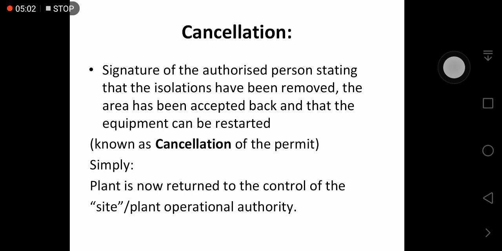The cancellation section states that the plant is now returned to the control of the site or plant operational authority or plant operational team.